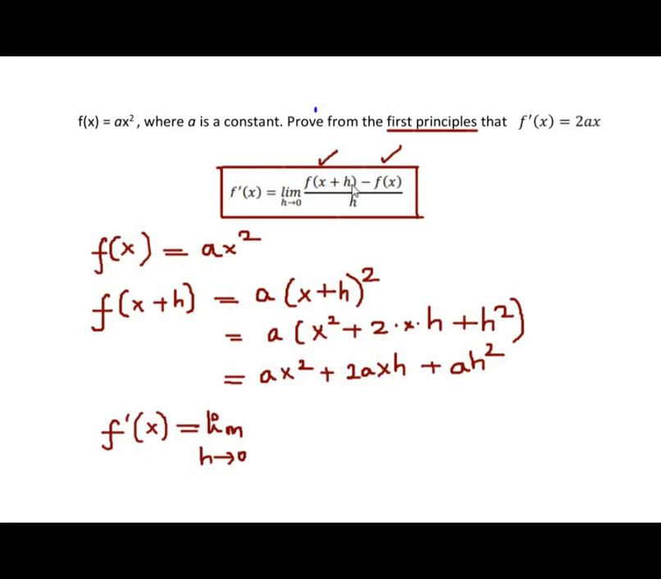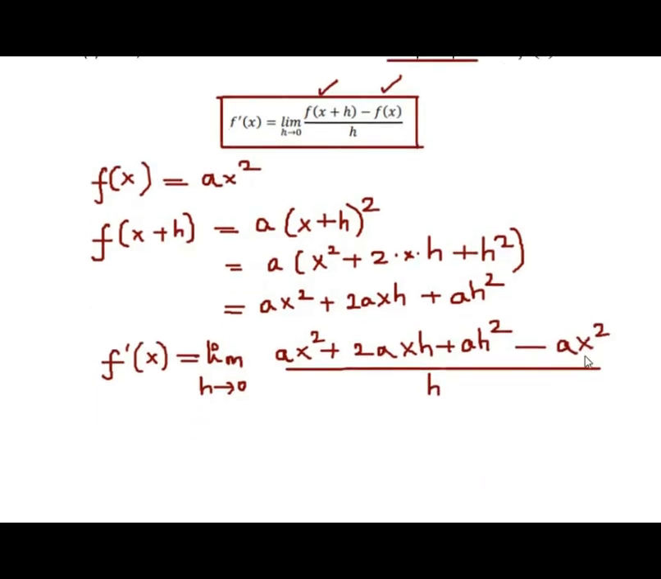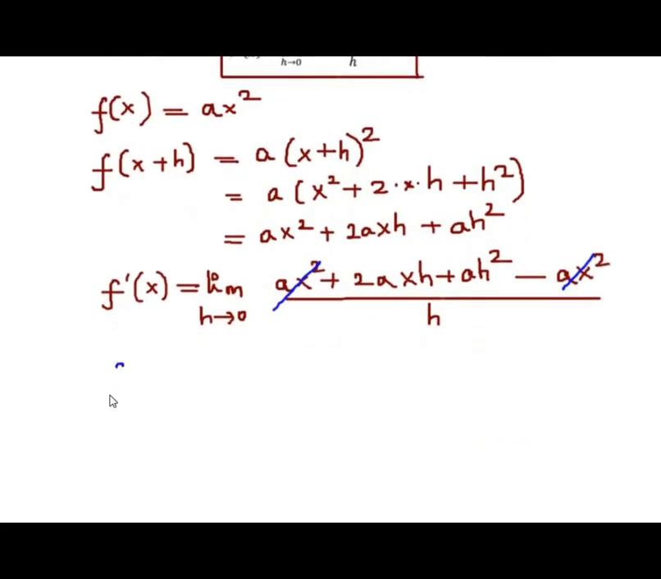We have f of x plus h as ax square plus 2ax h plus ah square, and then we have f of x as ax square, so minus ax square, divided by h. Now let us further simplify this. We can see that plus ax square and minus ax square get cancelled. So we are left with f dash of x